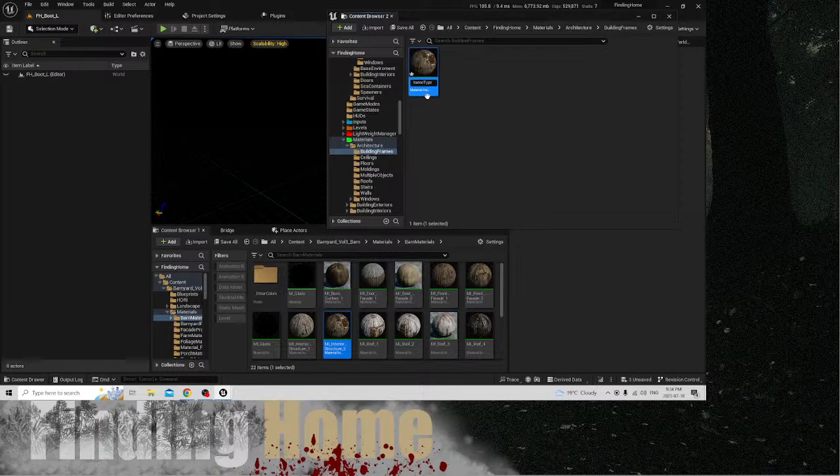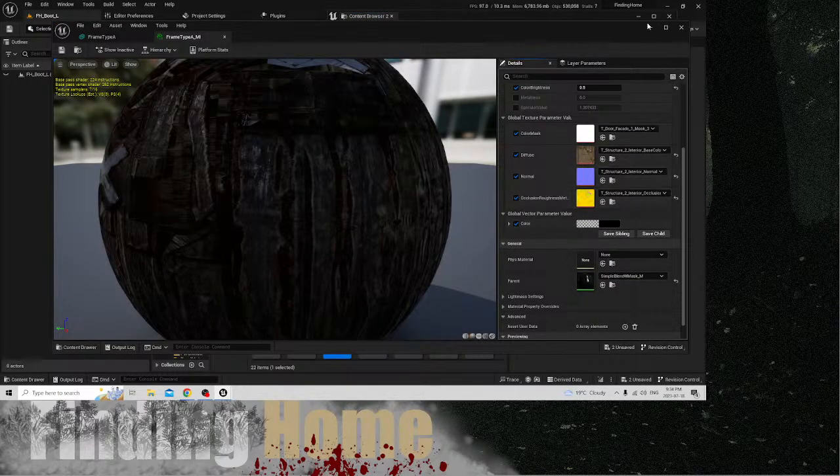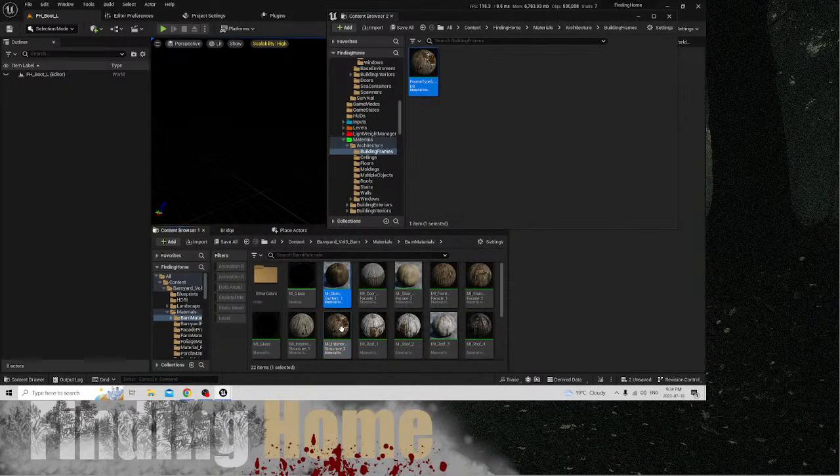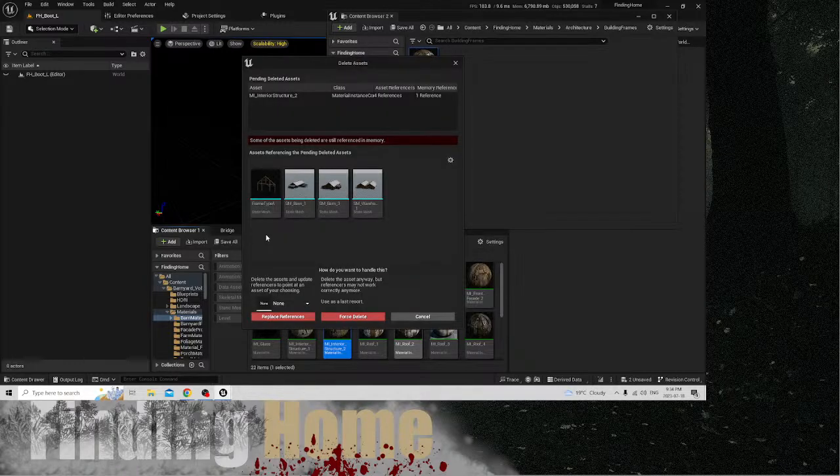Frame type A, material instance. Yeah, we're going to see that we're going to have these guys here, and it looks like this is already done, so we won't have to do that. And now we can delete this, and this, and the A-frame and the A-frame. These three buildings will be replaced with frame